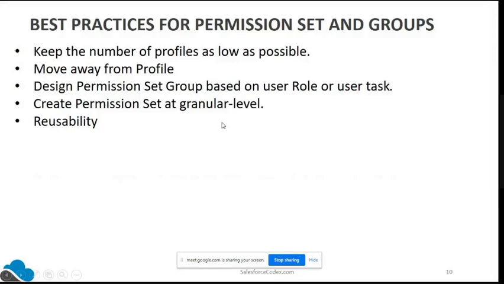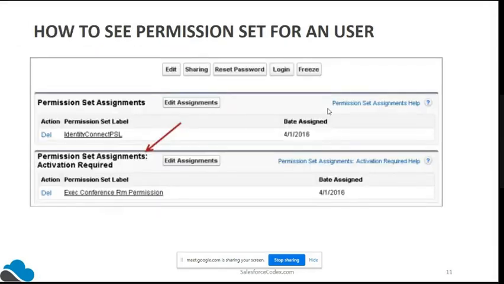So now reusability we have already seen. We can add permission sets into groups or remove them based upon the situation, the role, and business demands. We can update it. Okay. So where can we see the permission sets for a user? Because at the end of the day, we need to know for a particular user what permission sets are assigned, so that we can add or remove based upon the business rules. Rather than going to each permission set and seeing the list of users, we can go directly to the user and modify it on demand.